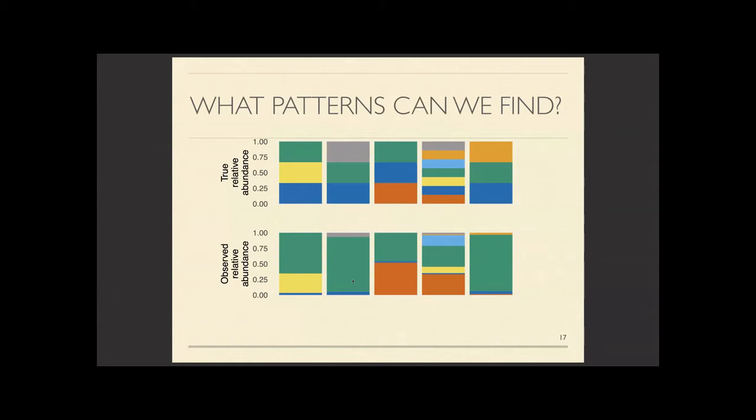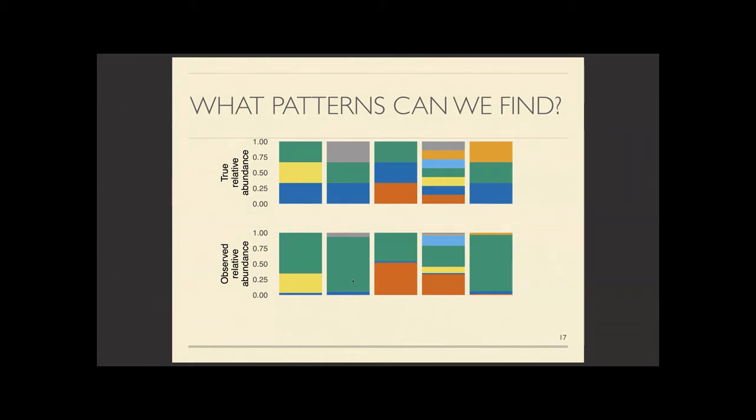Okay, so I've pulled out 5 samples, some of which were shown on the previous slide, and I've shown the true relative abundance, not copy number adjusted, and the observed relative abundance profiles that we have. And what we see, if we look closely, is that this green taxon, which I believe is Lactobacillus iners, tends to be over-observed compared to this blue taxon. You'll notice that all the green and blue taxa are present in every single one of these samples.